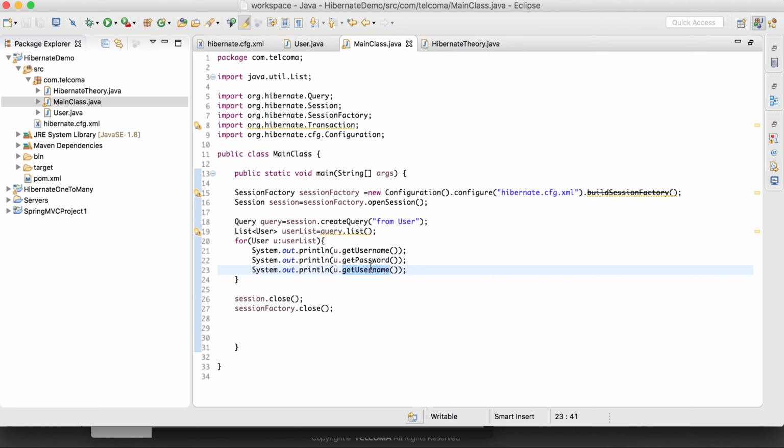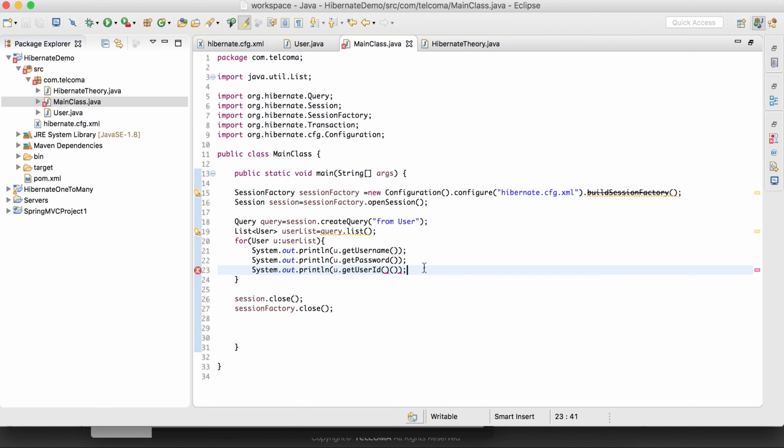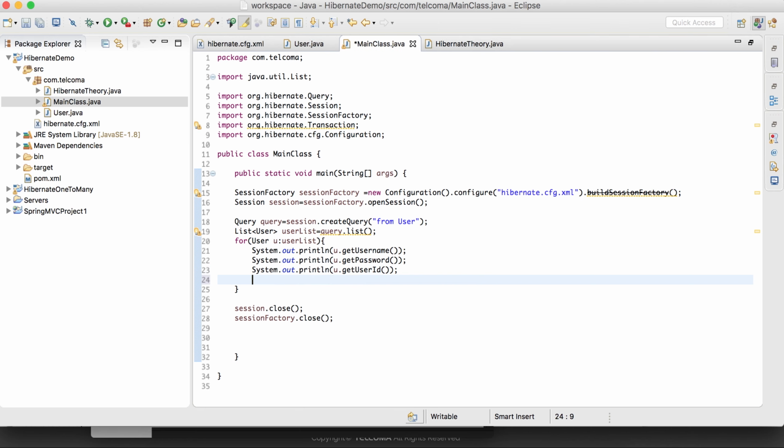Suppose getPassword and getUserId. So after one record we will